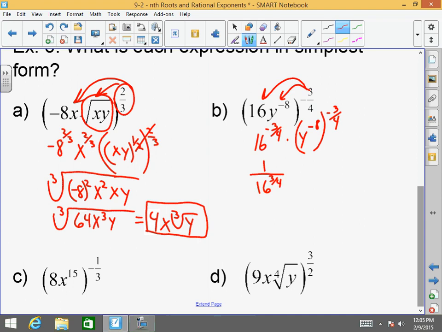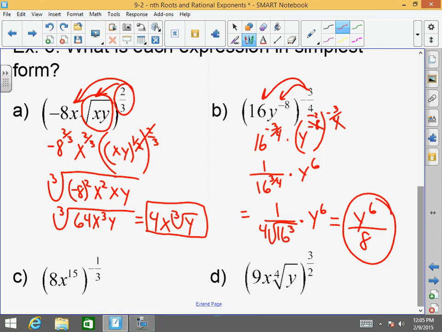I want to make my life easy here. 4 goes with the negative 2 times. So this is times y to the 6th power, which is going to equal 1 over the 4th root of 16 cubed times y to the 6th, which is going to equal y to the 6th over the 4th root of 16 is 2, and 2 cubed is 8. Okay,